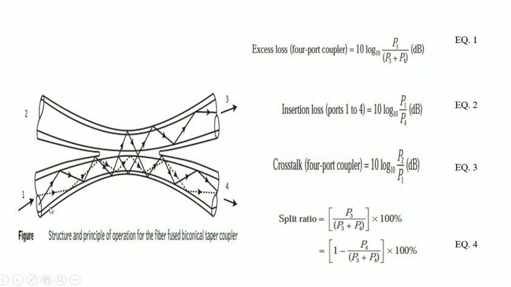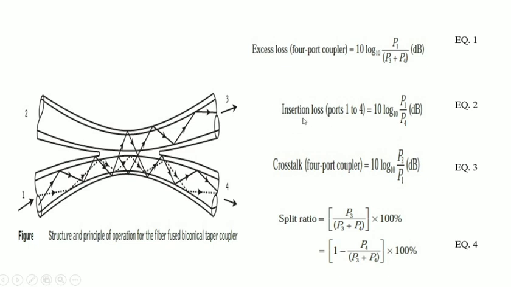Here, what is the input power? We are making 4 ports into 3 ports. We are considering only port 1 as input. Port 2 we are leaving out. Port 3 will be the output. Port 4 will be the output. So the formula will be 10 log base 10 of P1, port 1 being the input, divided by the output ports. What are the output ports? Port 3 plus port 4. So the definition is the ratio of input power to output power: P1 divided by P3 plus P4.